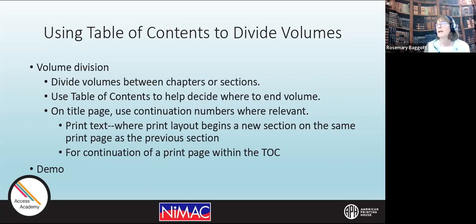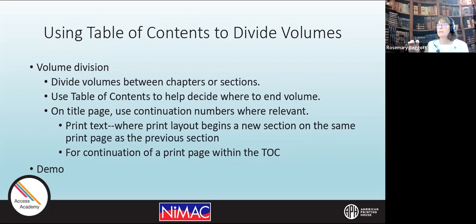That has to do with pagination. One place where that continuation number might be needed is if you're on page 50 in the file, and page 50 in your print book finishes up one section of a chapter, and then the next section starts right below. Most of the time, new sections start on new print pages, which makes it easier.